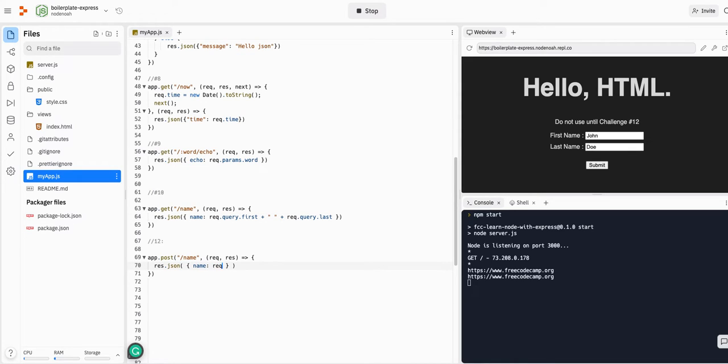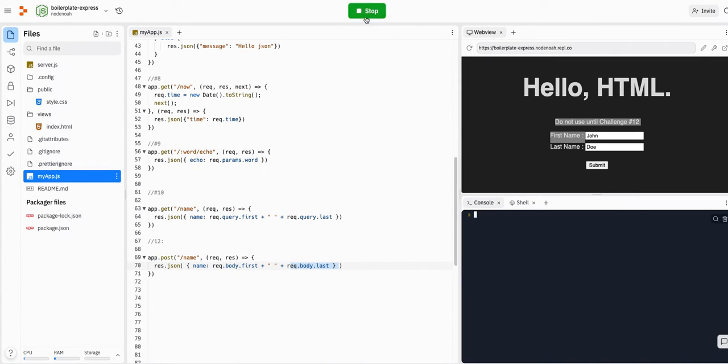So we can say request.body.first plus a space plus request.body.last. There we go. Now that we have that route completed, it's a post route, it's /name, just like our form sends to, and it will respond with a JSON that just has the name and the first name space last name. So let's stop our server, run it again,